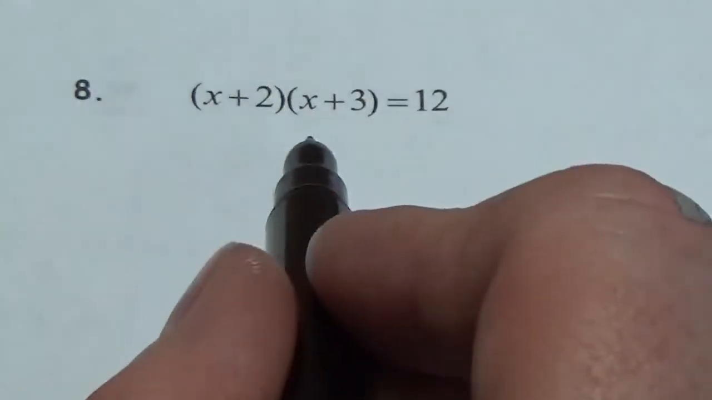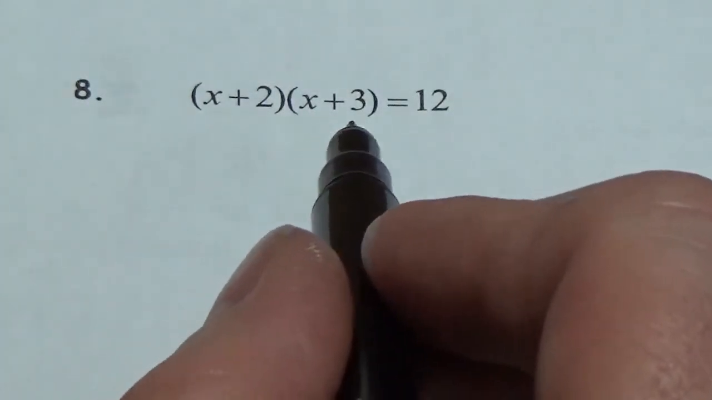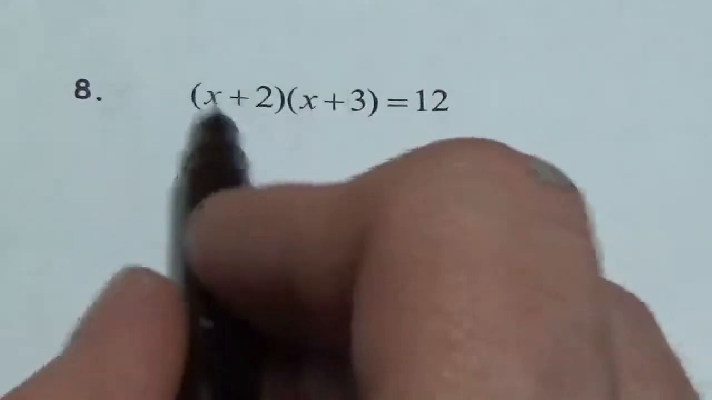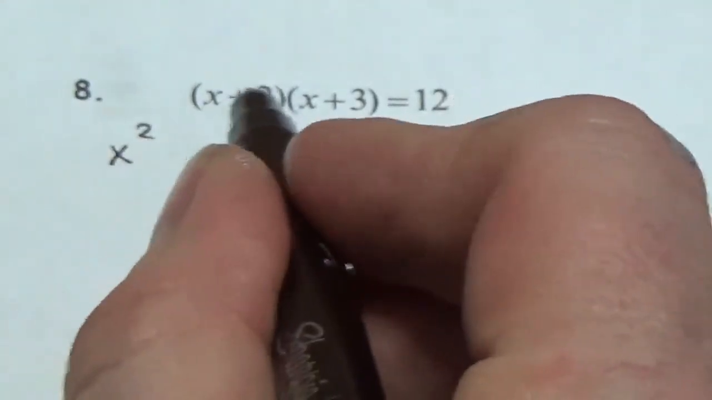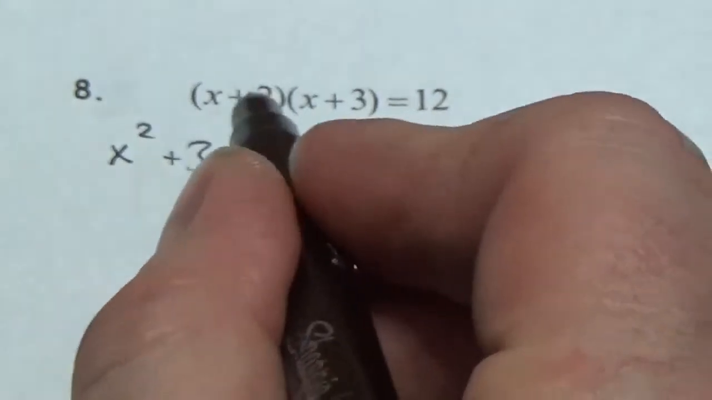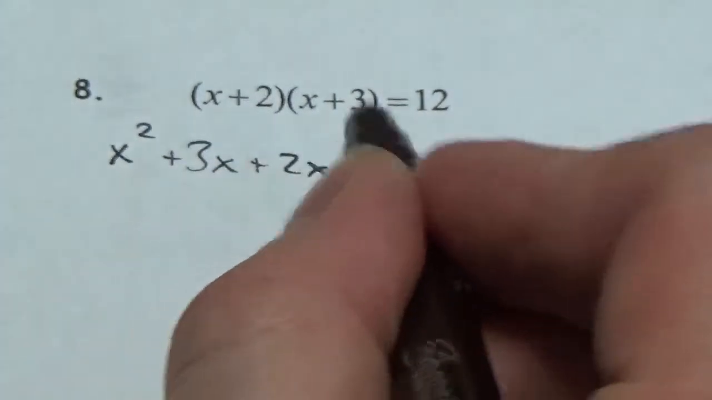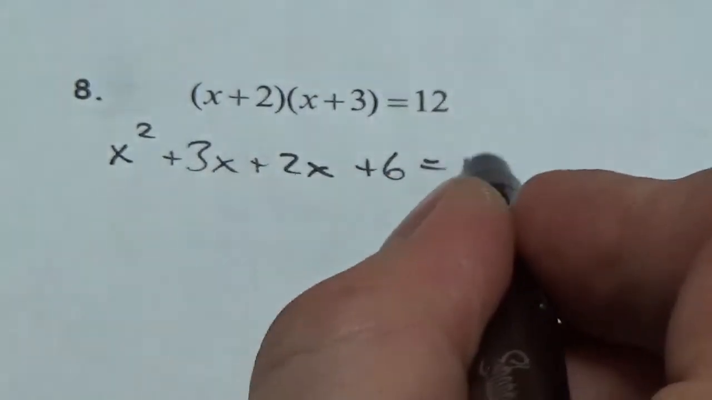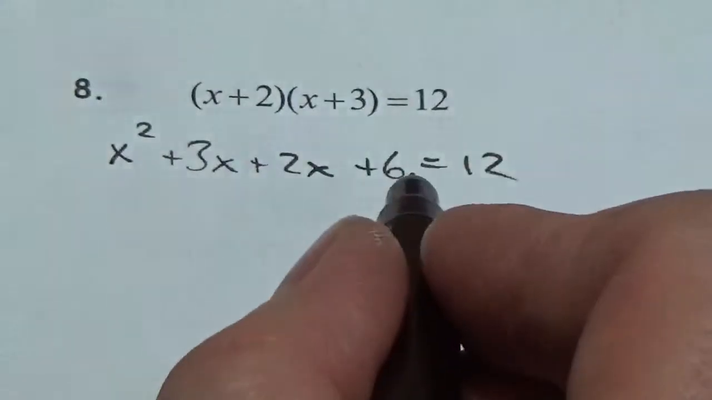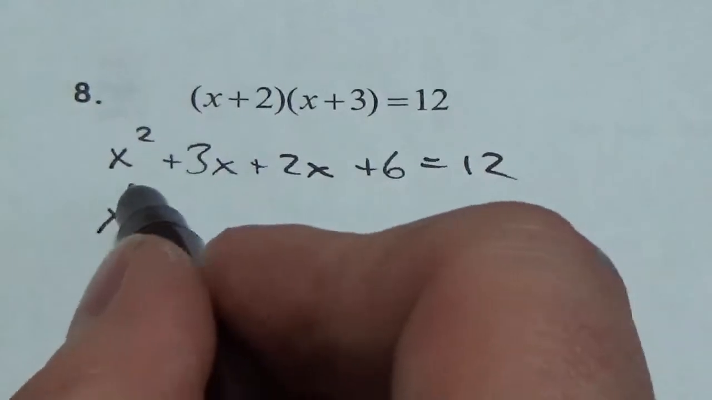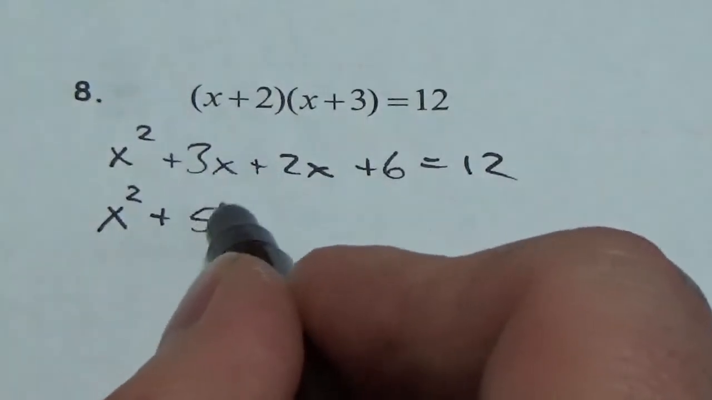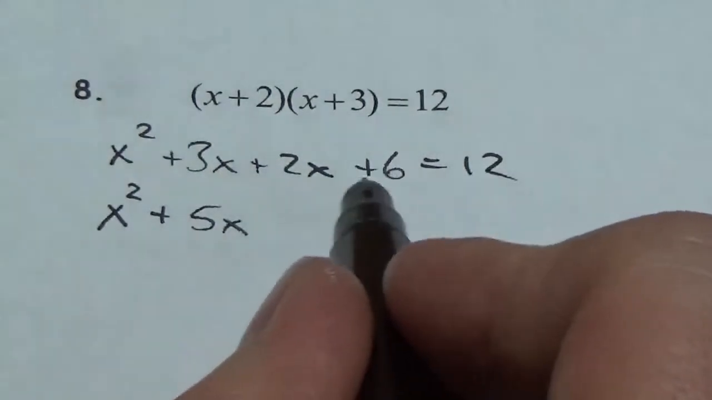So I need to bring the 12 over, but there's no point in bringing it over if it's written like this. So what I need to do here, first of all, is expand this out. Get x squared plus 3x plus 2x plus 6 equals 12. And then I'm going to bring the 12 over and group together like terms. So x squared plus, well, I've got 5x on that side, and then I've got a positive 6 minus 12